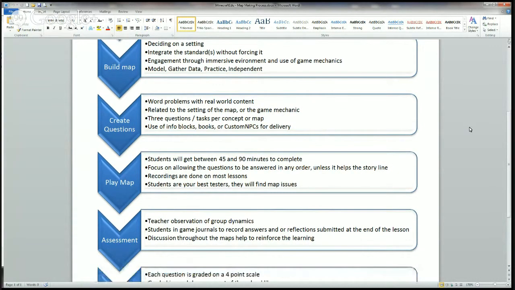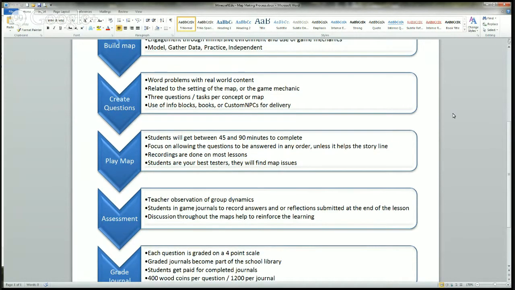I typically use a 3-question format. I've had people say, well, why don't you do 10 questions? If you've ever played it with the kids in the class, 3 questions is a lot. I mean, they're physically running through this world. They're physically building things. 10 questions would just be killer. You'd never get through it. You'd be frustrated. The kids would be frustrated. It just wouldn't be effective at all. So that's just kind of a balance that I've come to.